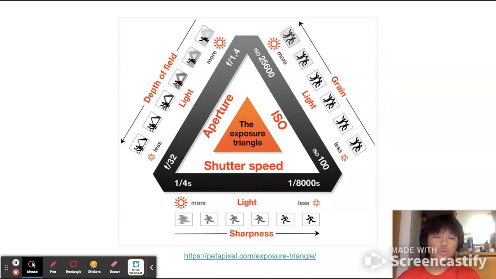Okay, before we start shooting, we need a decent understanding of the fundamentals and the basic settings of photography. And this triangle,